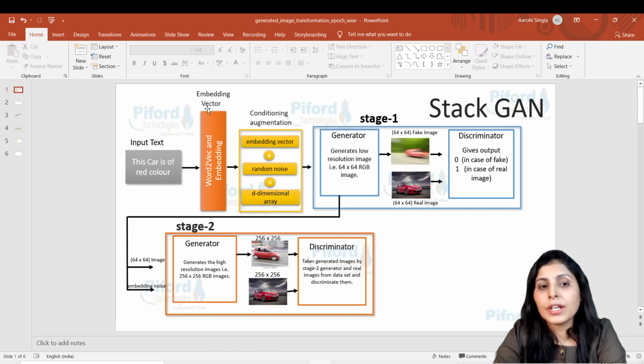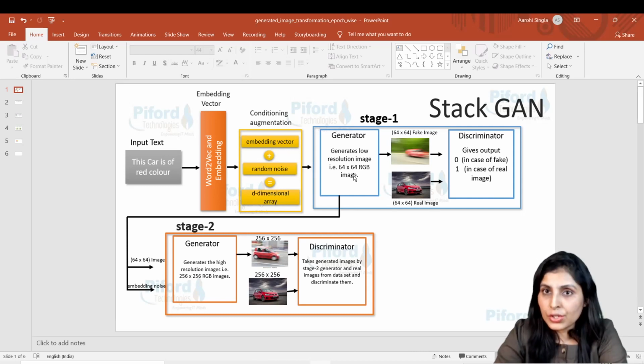That text gets converted into an embedding vector, and then we have applied conditioning augmentation on it. Now that will become the input to the generator. The generator will try to understand the visual detail present in that particular text embedding, and will try to generate an image of low resolution, right?